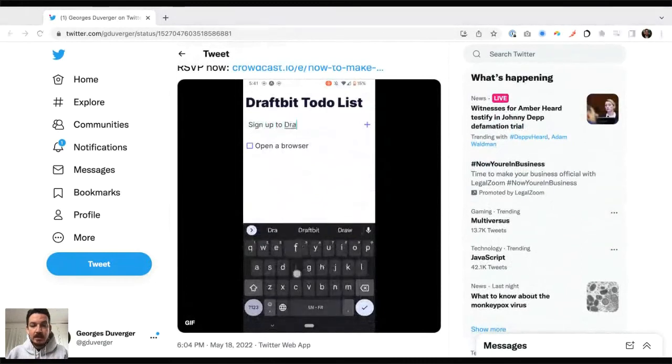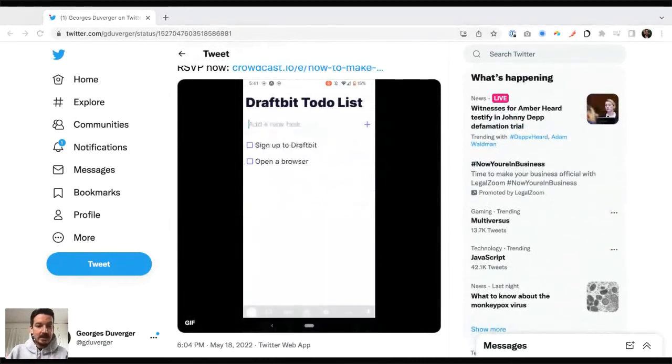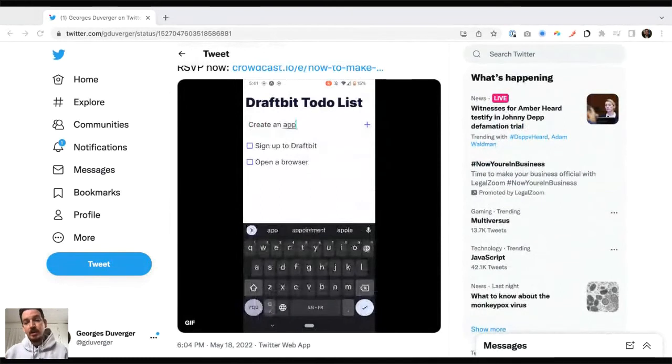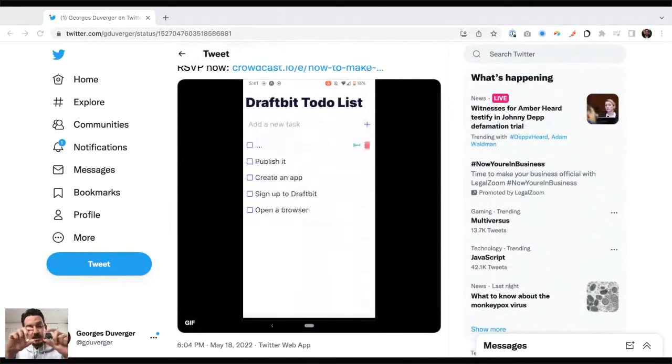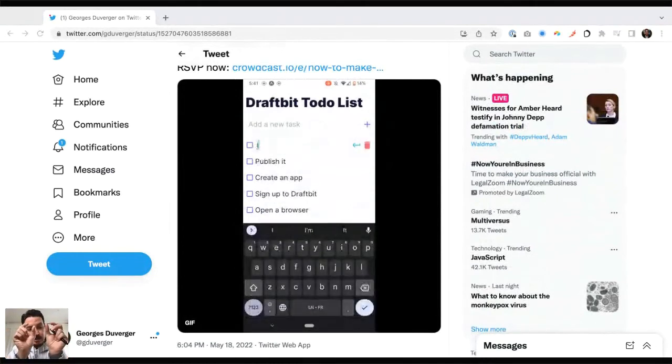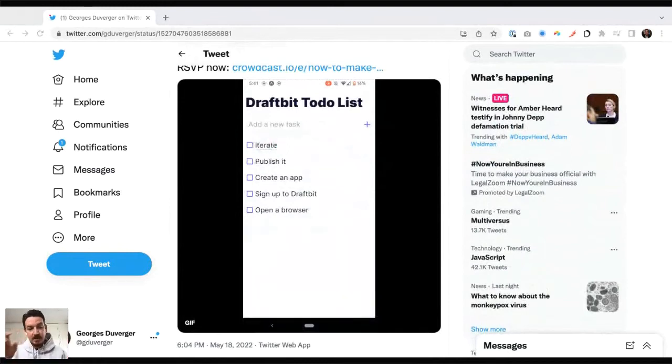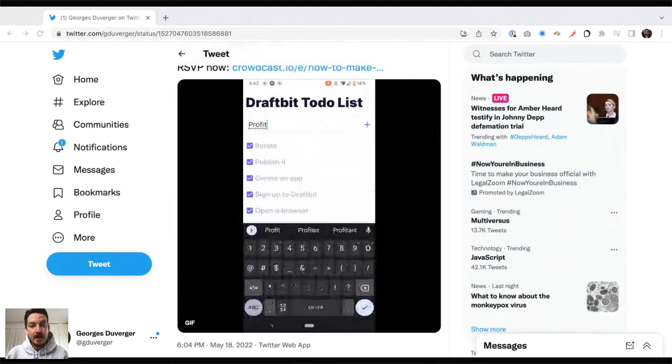So you can see that it's an app. In this case, it's an Android app. The beauty of using tools like Draftbit is that it's built on top of React Native, which is a technology that lets you create both iOS and Android apps. You do it once, and then you get the Apple App Store and the Google Play Store for free. So that's pretty convenient. So here's the app.